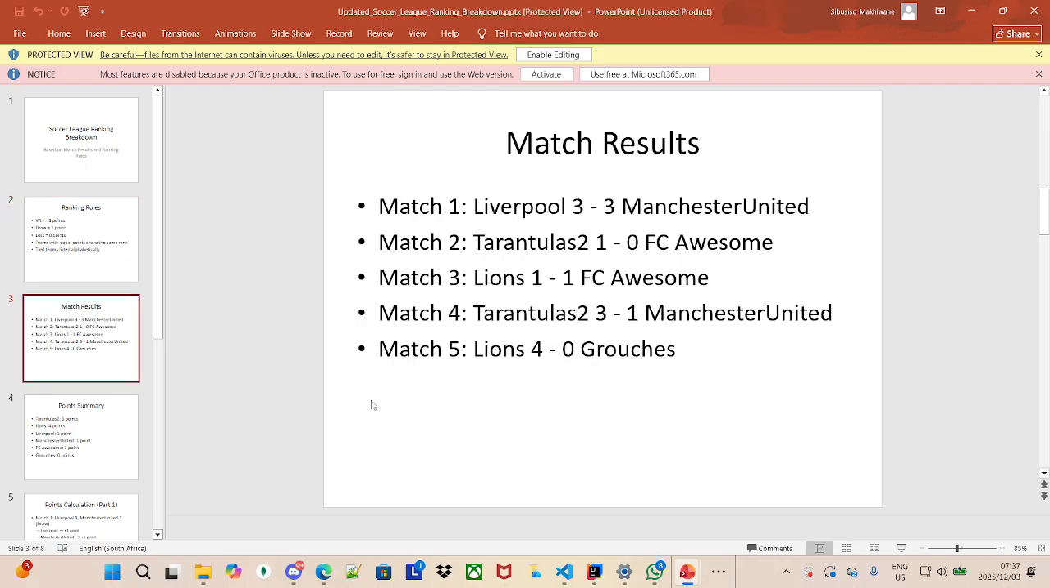Then we go to our match results. Inside our match results, in match one, we have a draw. And remember that when the match is a draw, we get 1 point. So we go to our second match. In our second match, we have Tarantulas and FC Awesome. They have 1-0, which means that